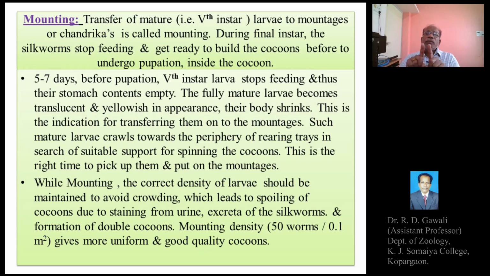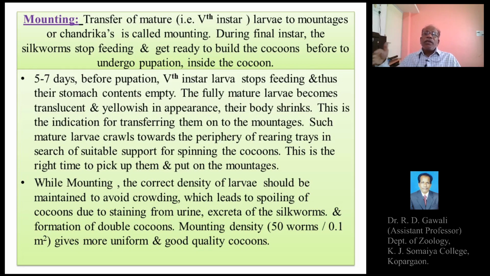If the larvae occur together or close together, without much distance between two larvae in the chandrika or mountage, it will lead to the formation of double cocoons. Thus the proper density, or the number of silkworm larvae, should be maintained in the mountage so as to allow the larvae to spin the cocoon in a proper manner, and normal, individual cocoons should be formed,